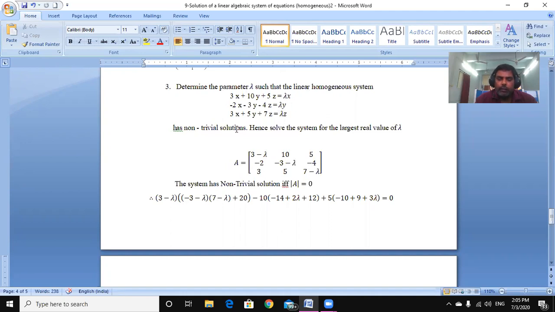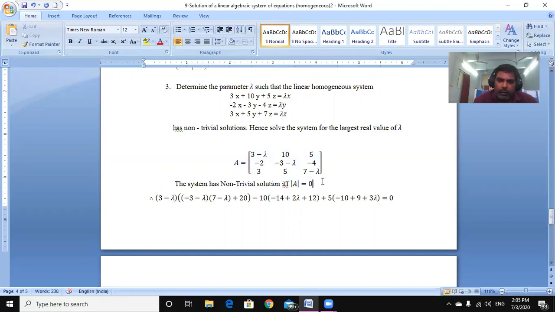So here you should keep in mind, write the coefficient matrix. The system of homogeneous equations has a non-trivial solution if rank of A is less than number of variables. So this is possible if det of A equal to 0. If det of A equal to 0, obviously the rank is less than number of variables. So here instead of reducing the given matrix to echelon form, I have taken the condition that det of A equal to 0. Using this we are finding the value of lambda.